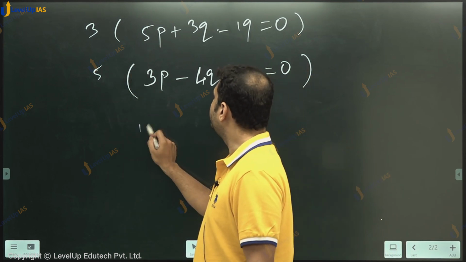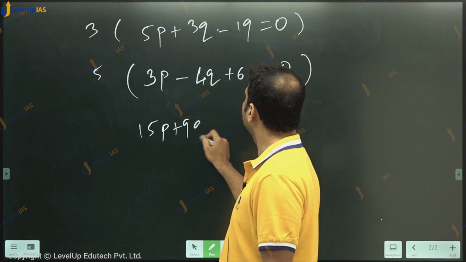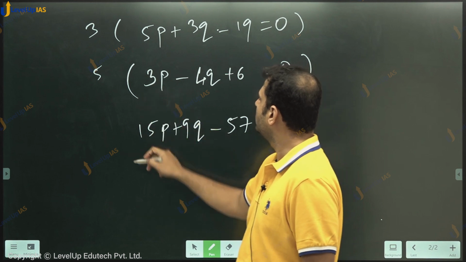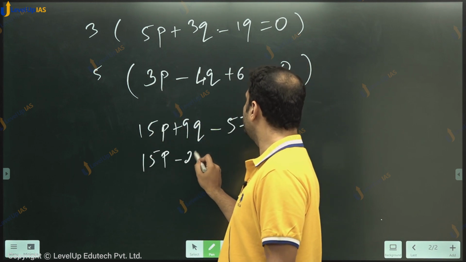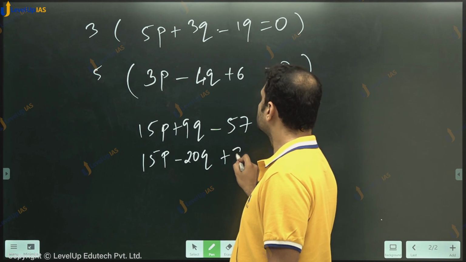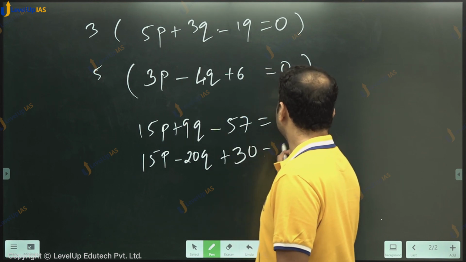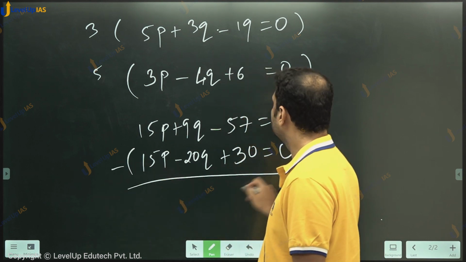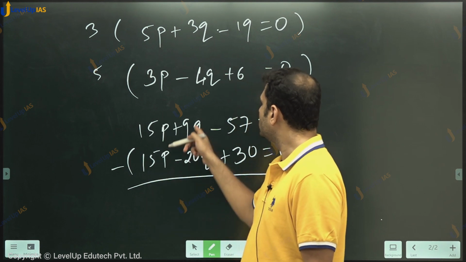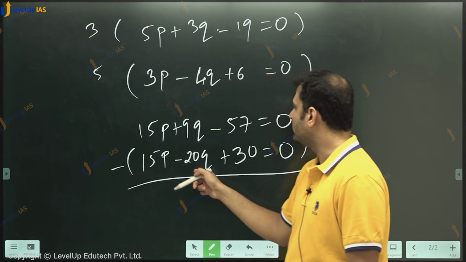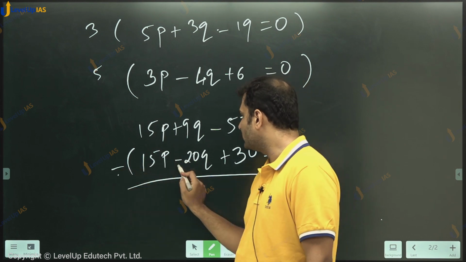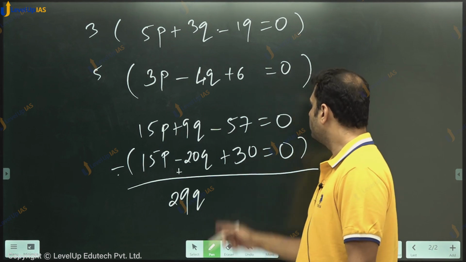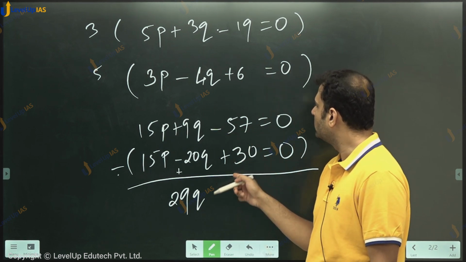So you'll get 15p plus 9q minus 19 3s are 57 equal to 0. And here you will get 15p minus 20q plus 6 into 5 is 30 is equal to 0. Now I'll subtract. So 15p minus 15p you will get 0. 9q, and this is minus of minus, 9 plus 20. Minus of minus will be plus. 9 plus 20, 29q, minus 57 plus 30. So you will get,